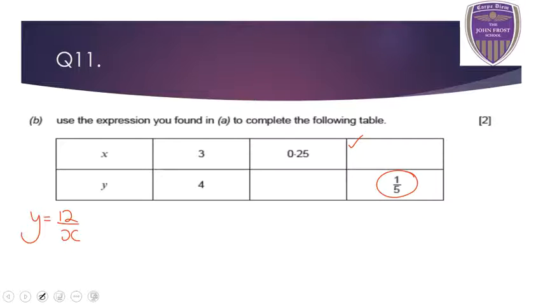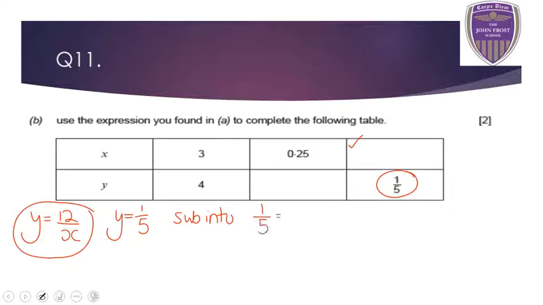Okay, so because y is 1/5, you've got to substitute into the equation. So 1/5 is equal to 12 over x, which is the same as 0.2 equals 12